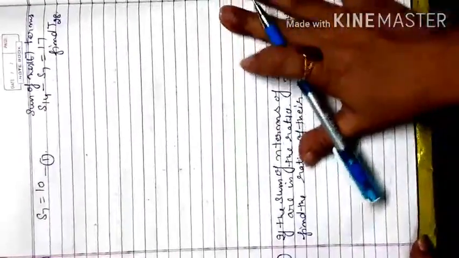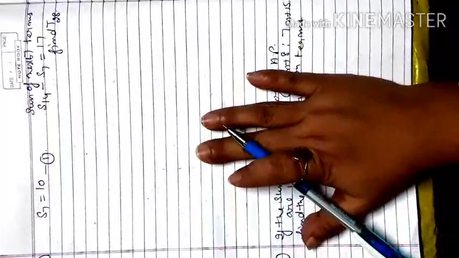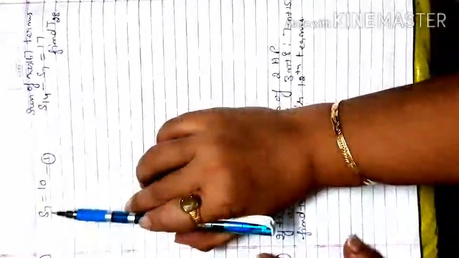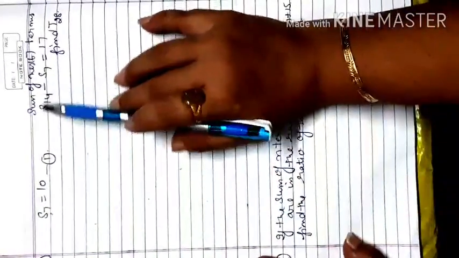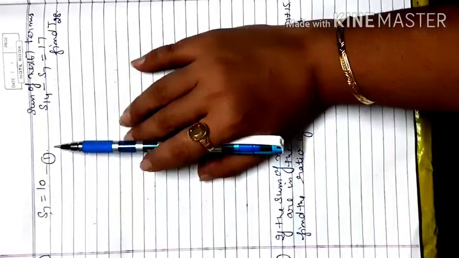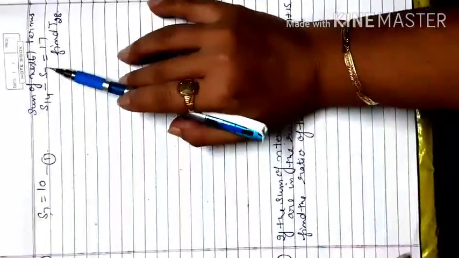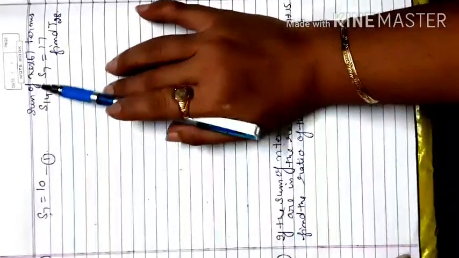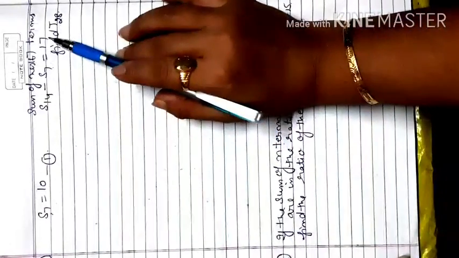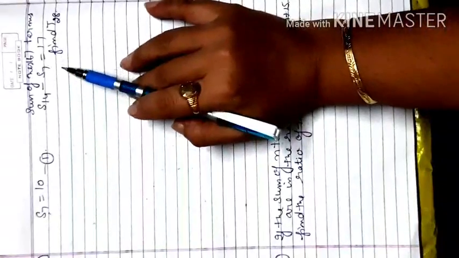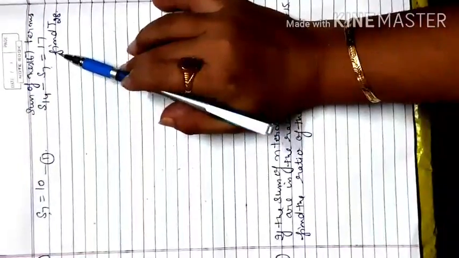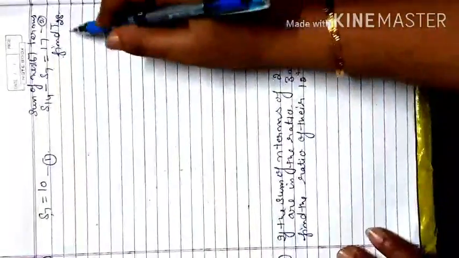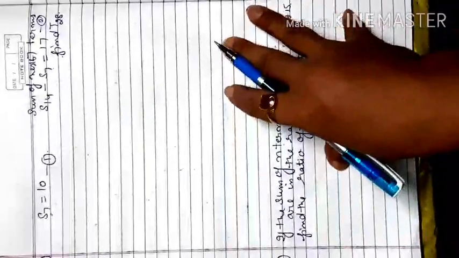Now our next question is the 9th question, 5th part, in short form. It is given that the sum of the first 7 terms is equal to 10, and the sum of the next 7 terms, that is 7 plus 7, total 14 terms, and from the 14 terms you have to subtract the first 7 terms, that will give you the sum of the next 7 terms. The sum of the next 7 terms is 17. So your required equation is: sum of 14 terms minus sum of 7 terms is equal to 17.